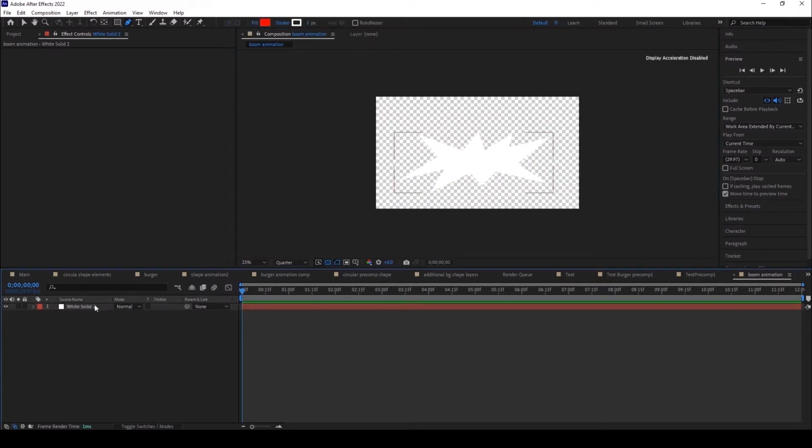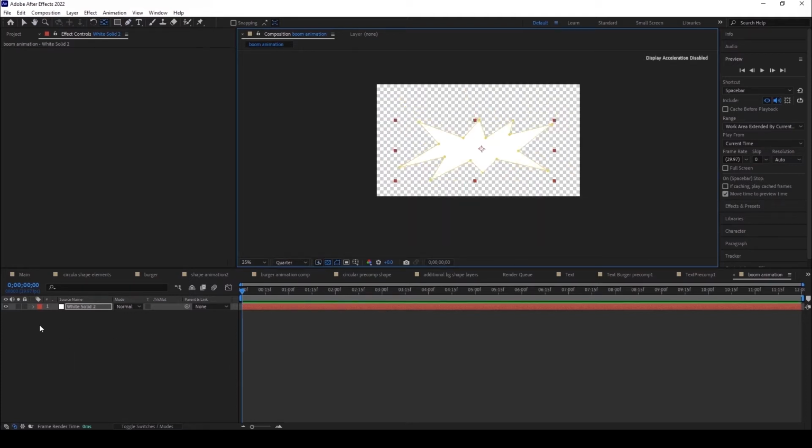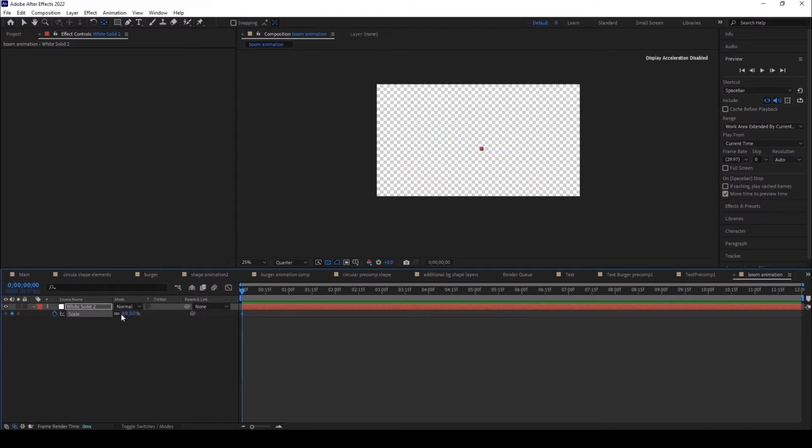Alright, now I need to animate this boom animation with the help of scale. Before doing that, I want to adjust this pan point over here. The shortcut is Y, and bring it back to the center, and go to the scale. Initially the keyframe value should be 0, and go to around